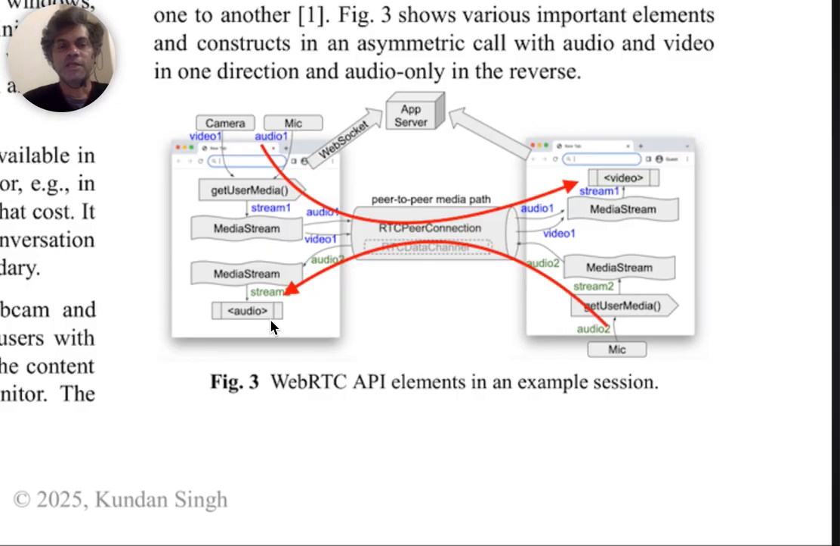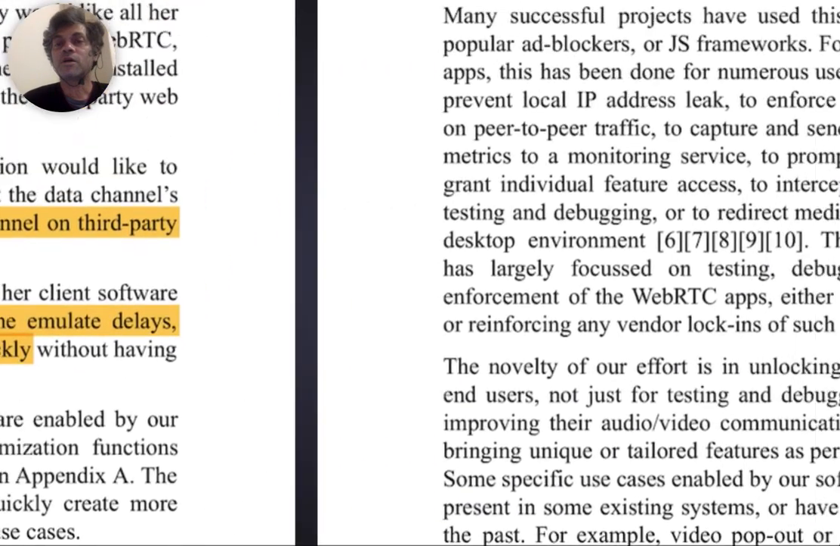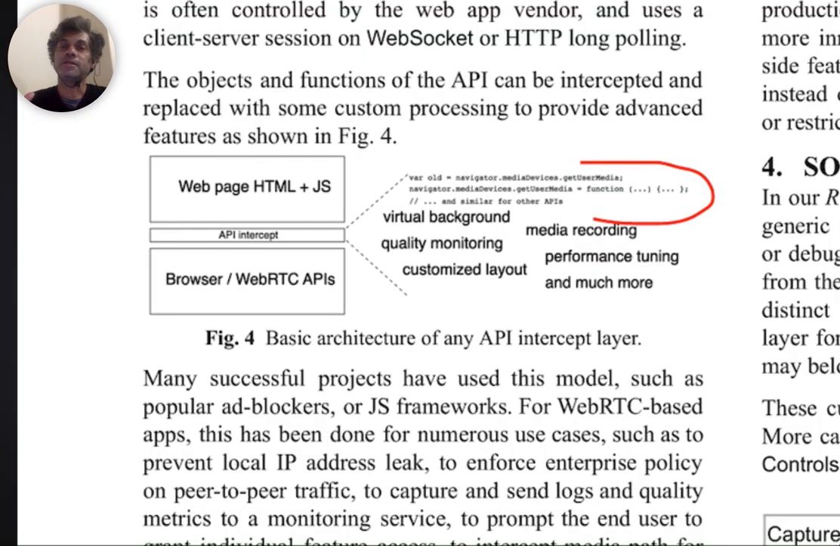This shows various APIs that are typically used in a two-party peer-to-peer media call. Typically, API intercept means that you modify some of these APIs. So here it shows the get user media API being intercepted and modified, and inject the code based on your use cases, motivational examples, and so on. So instead of creating a generic